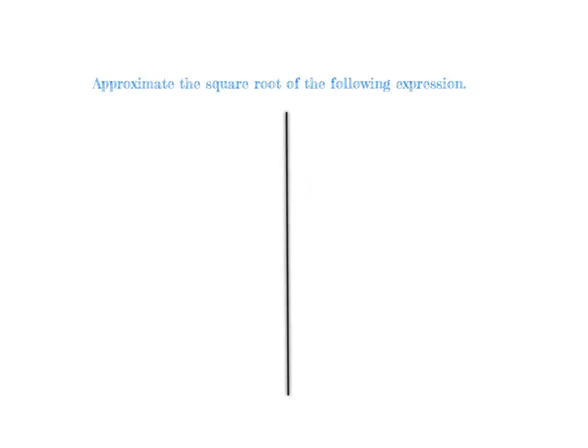Approximate the square root of the following expression. So we need to find the square root of 45 plus 13 minus 4. Before we even find the square root of that, the first thing that we need to do is combine like terms. In this case, we have only integers, so we are going to only add them. So we are going to start by doing 45 plus 13, which gives you 58, minus 4, and that will give you